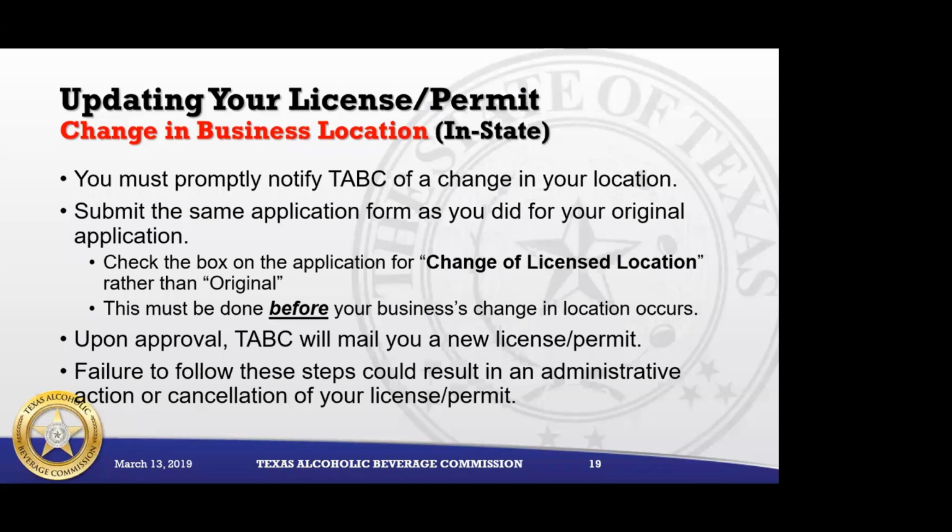Since this application is essentially the same as an original application, you will need to complete all items that you completed for an original application, such as certifications from the city and the county, the publisher's affidavit. You need to provide us owner premise information, because generally when there's a change of location, the owner premise will change. Also, you will need to provide the new lease terms for that new location. All applicable questions pertaining to your permit type must be answered.